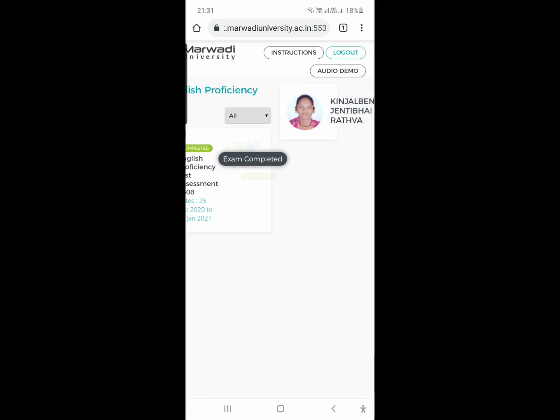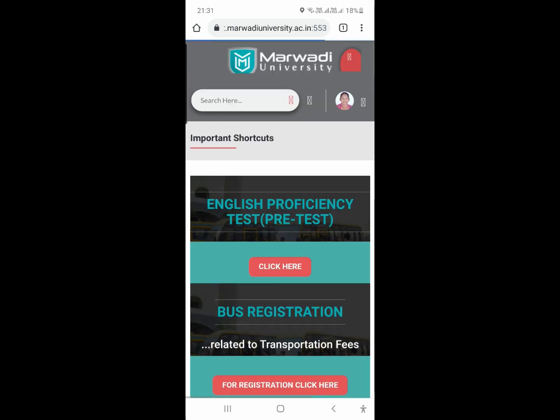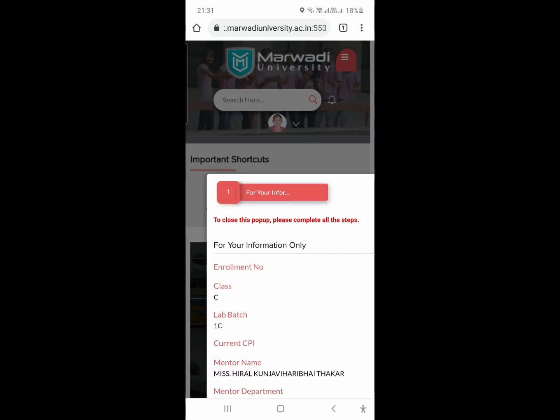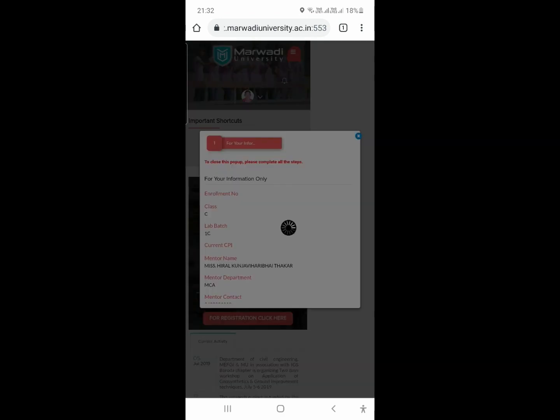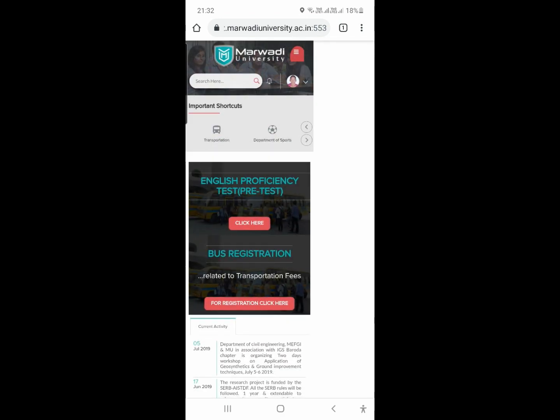After completing your test, you can just click on the logout button and you will be out of your English proficiency test page. This is as simple as that. Fine.